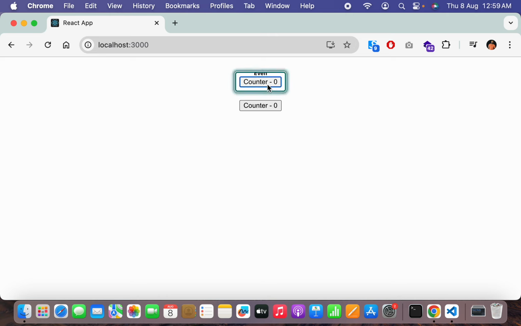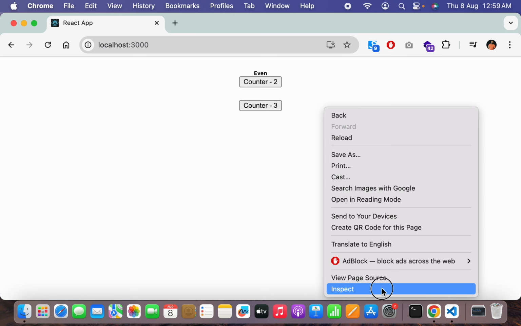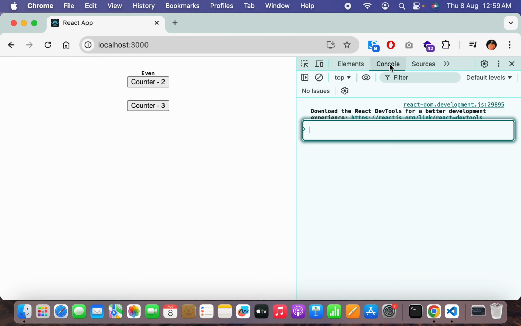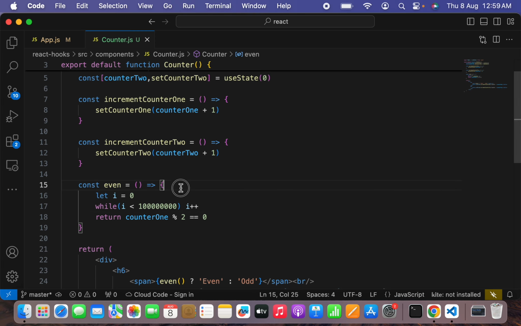Once I click the counter button, there is a small delay, like a 1 second delay. After that, the value of odd appears. Once I click on counter 2, the same thing is happening. There is a kind of delay in my code execution. If I go to inspect element, I will do here